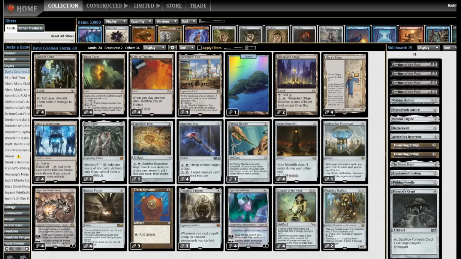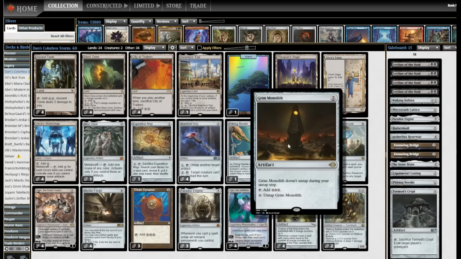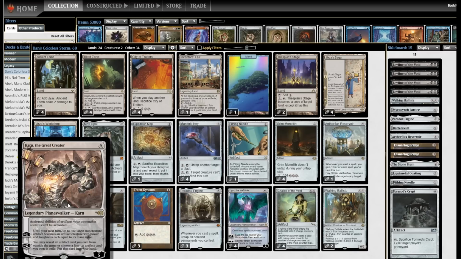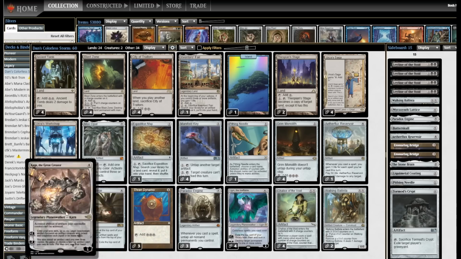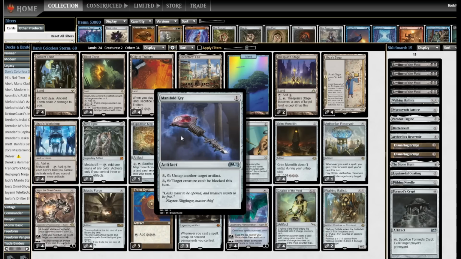Welcome back to the BoshNRoll channel. Today, at the request of subscriber Dan, I am playing a deck that he calls Colorless Storm. This is a kind of now classic, tier 2.5, tier 3, or beyond. This is not a main meta deck, but the Ancient Tomb, City of Traders, Grim Monolith, Manifold Key, Power Out Karn, and Mystic Forge